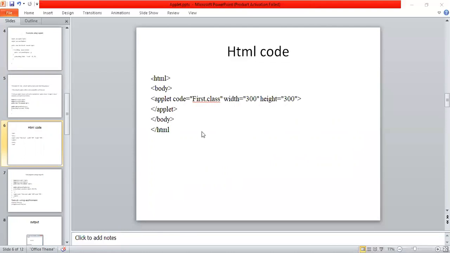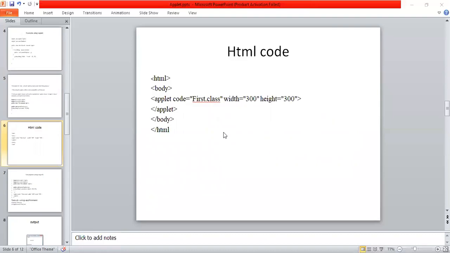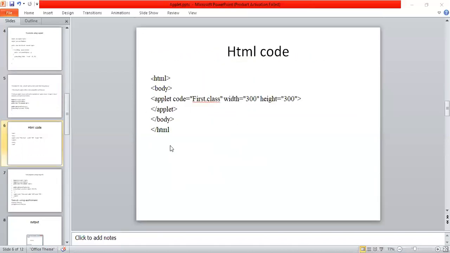Remember, this is my applet program. Once the applet program implementation is over, compile the Java program, take that class file and implement it in your HTML code. This code is implemented in a notepad. Once it is over, save this file with some file name dot html.